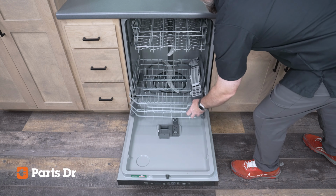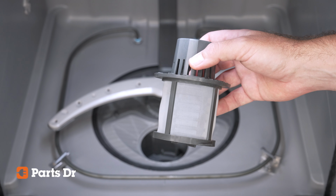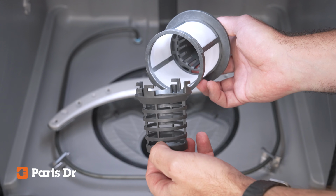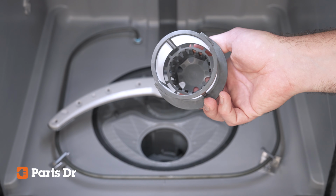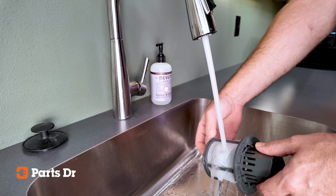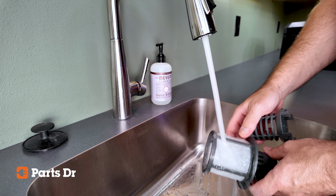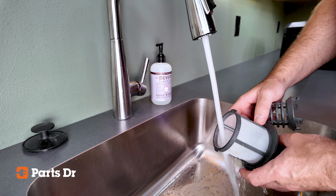The fine filter assembly on your GE dishwasher is comprised of the fine filter and inner basket filter. These filters help trap food and debris and prevent them from entering the pump and recirculating onto your dishes. GE recommends removing and cleaning the filter every other month, or more often if you notice gritty dishes, odors, or